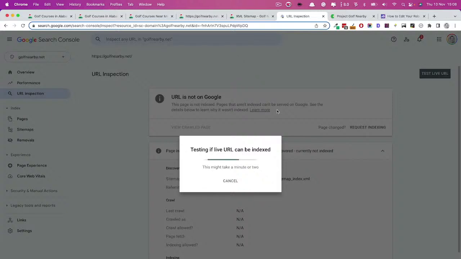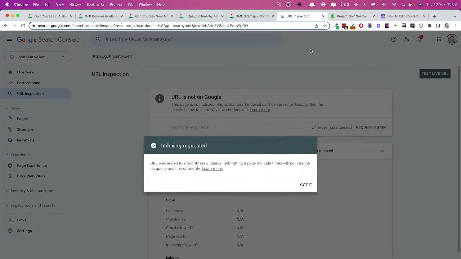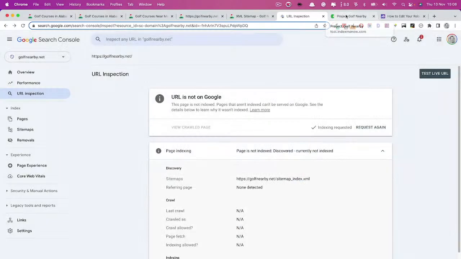I mean, there's not a huge amount to be said. We've done the internal linking. We've got sitemaps created for us automatically. We're submitting those to Google Search Console, and we're using a third-party tool to try and index the archive pages,